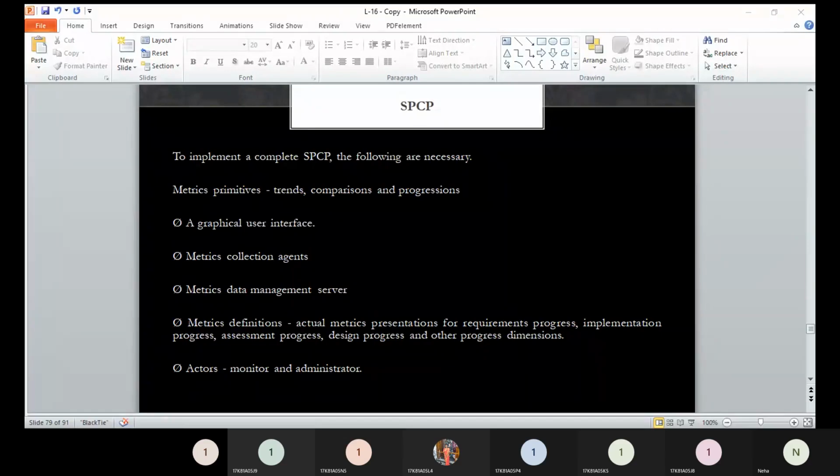What is SPCP, what are some important parameters related to SPCP, what things are involved in SPCP, and how to implement SPCP, we have just discussed.